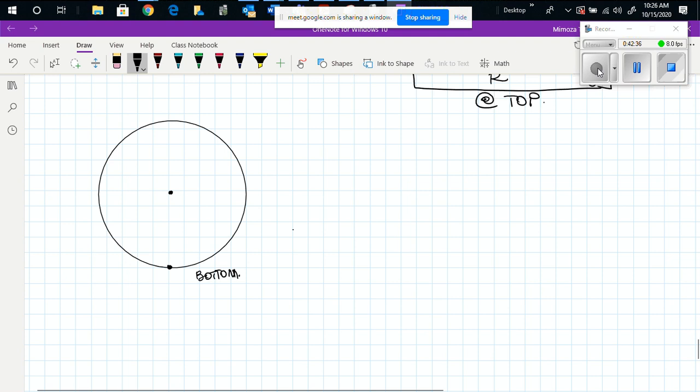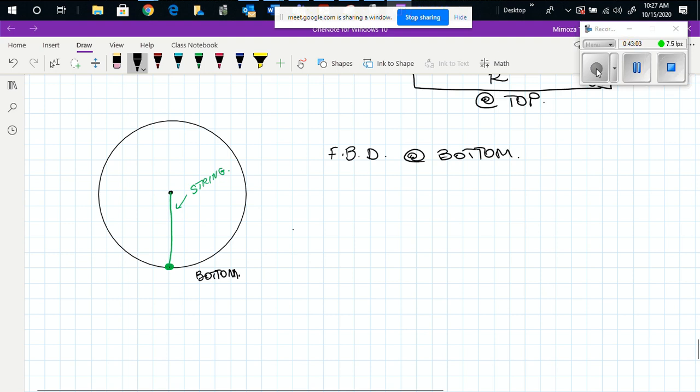At the bottom of the circle. We are in this situation when the object is at the bottom. So now the string is from the object to the center. This is the string. Now let's draw the free body diagram at the bottom